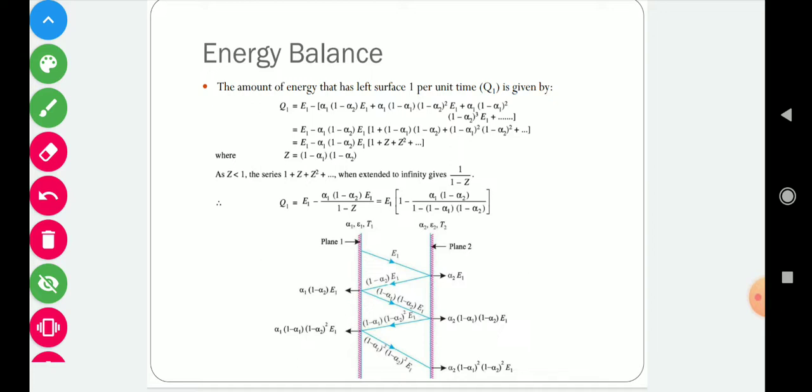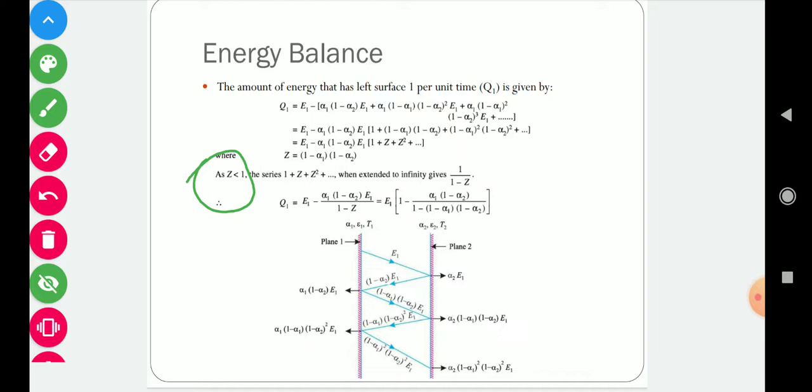It means 1 minus alpha 1 will be a value between 0 and 1. Similarly 1 minus alpha 2 again varies between 0 and 1. So the multiplication of 1 minus alpha 1 and 1 minus alpha 2 will be less than 1, because both quantities are less than 1, and their multiplication will also be less than 1. So this Z will be less than 1,